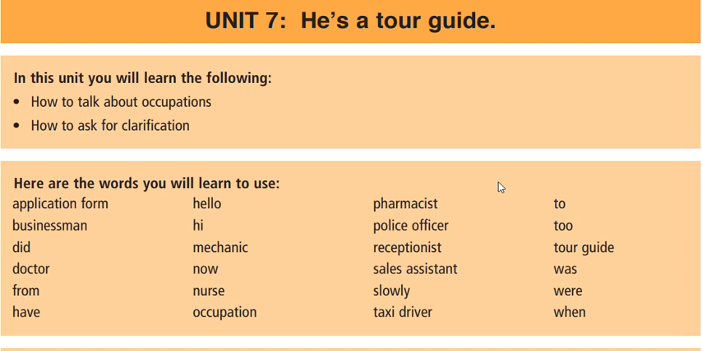Unit 7: He is a tour guide. In this unit you will learn the following: how to talk about occupation, how to ask for clarification. Here are the words you will learn to use: